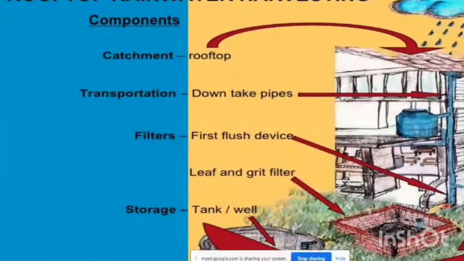Rooftop rainwater harvesting system. Here the rainwater can be collected from the roof. Sheets of corrugated mild steel are preferable since they are easiest to use and give the cleanest water. It is then transported through transportation pipes, filtered and stored. The storage is used to store water collected from the roof through the filter. For small scale, plastic buckets, cans, cement jars, ceramics and drums may be used.